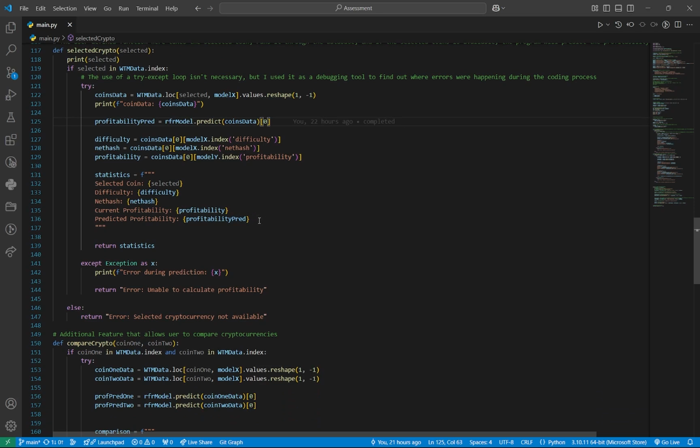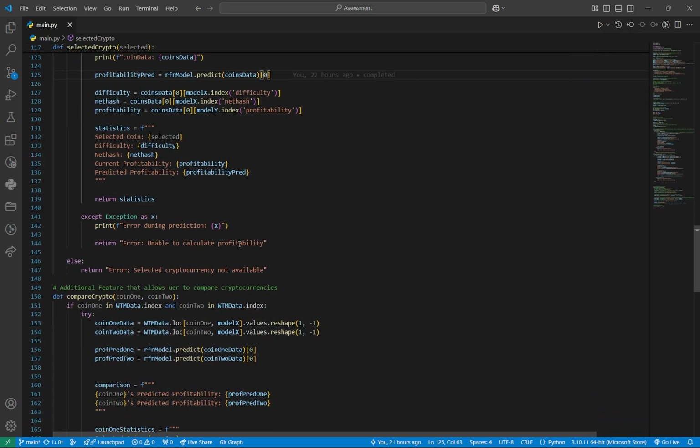It runs on ideal situations, so the user doesn't get to set the different features, like the difficulty or the net hash. That's the limit of the model that I have. I wasn't able to do it completely